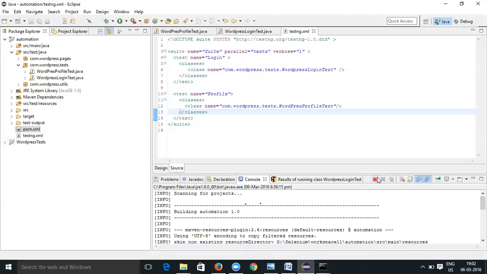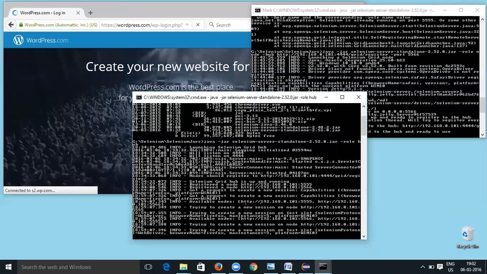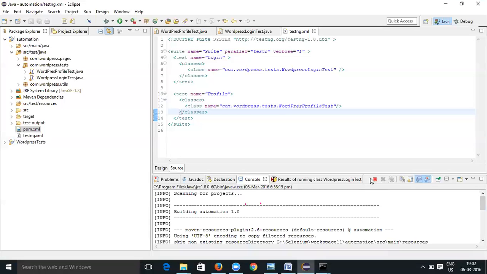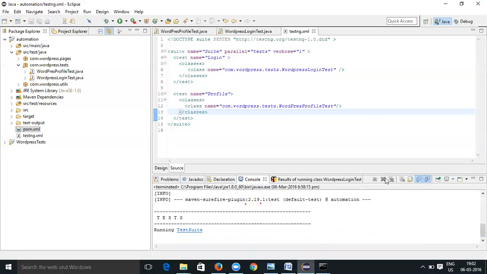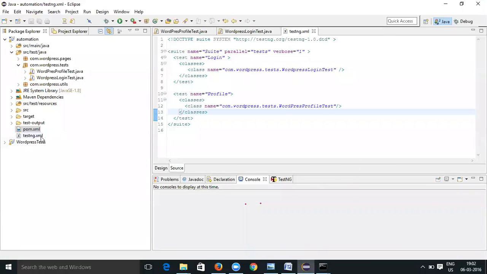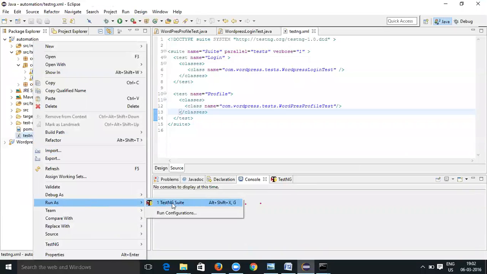I think we had better stop and run it once again. It is taking a long time to launch the site. So better we run testng.xml, which will be quicker than pom.xml. Now run the test using testng.xml, run as TestNG suite.